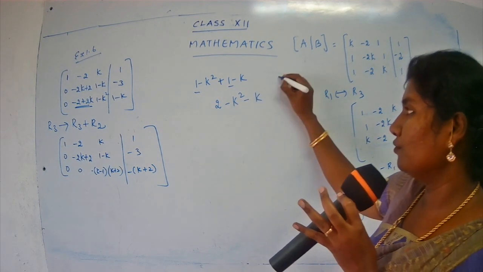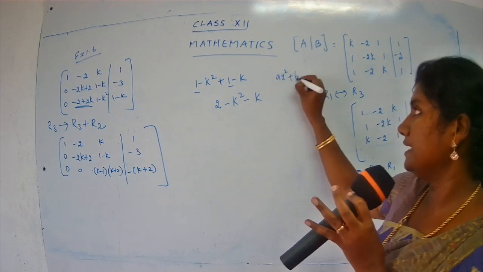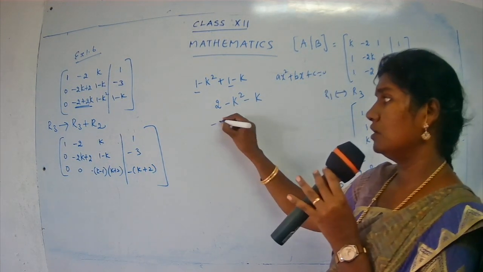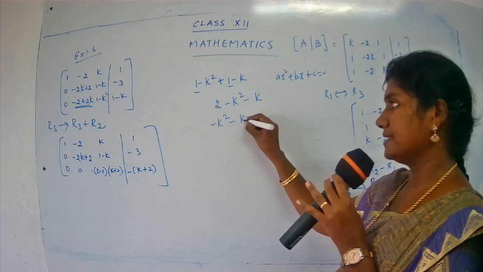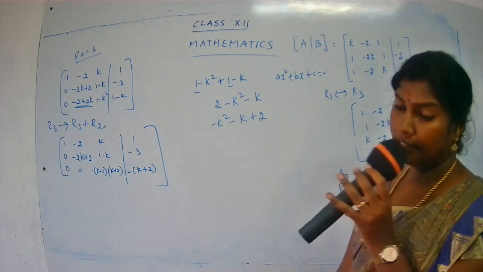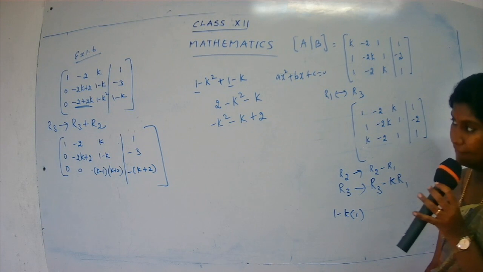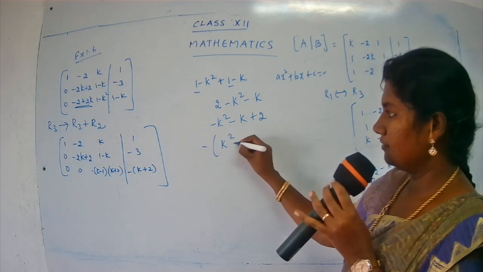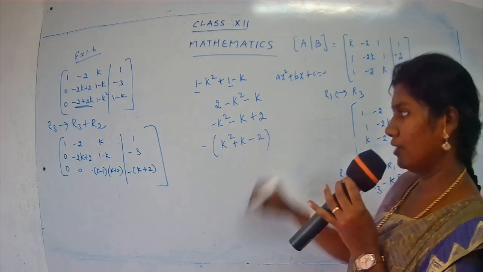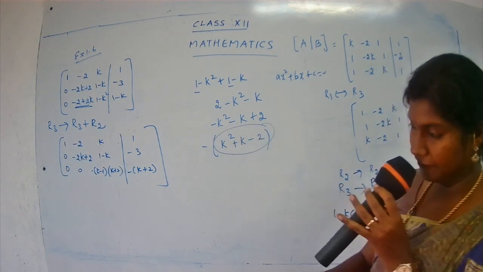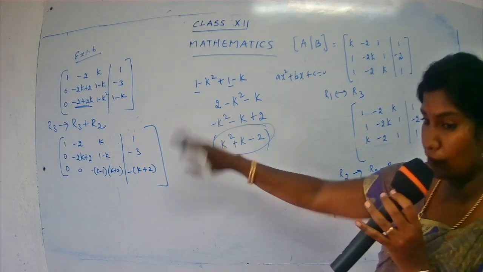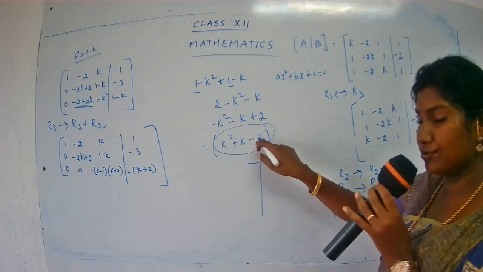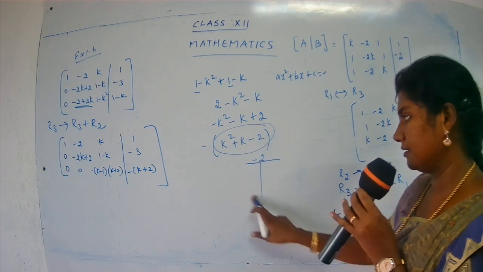Always remember the standard form is ax square plus bx plus c equal to 0. So bring the k square term first. So minus k square minus k plus 2. Don't keep the first term as negative. Take the minus sign out as common. Minus, k square plus k minus 2. Okay. So I am going to factorize this term which is inside the minus sign. Do not worry about the negative sign. So put a T method. Coefficient 1 into minus 2, minus 2. Middle coefficient 1.